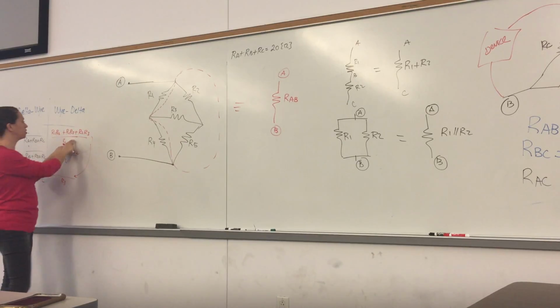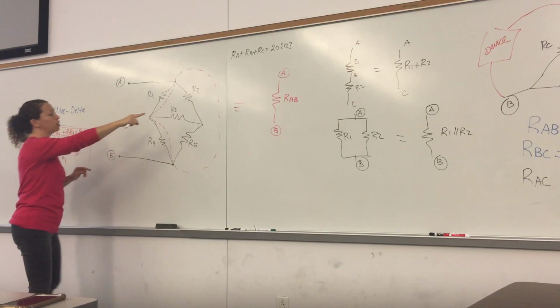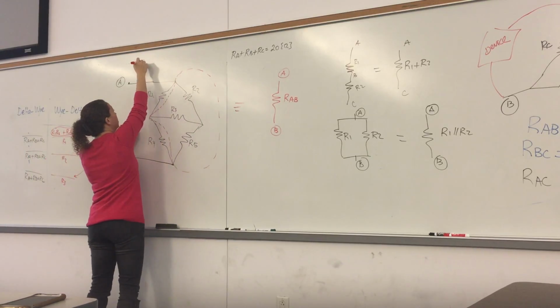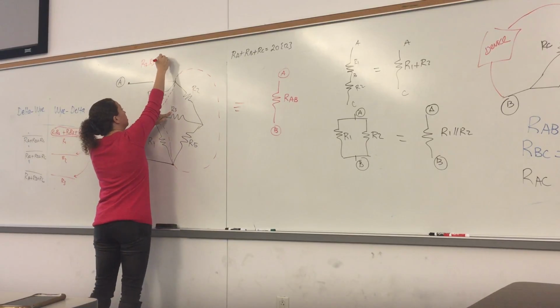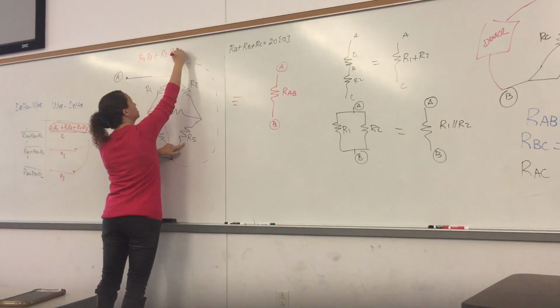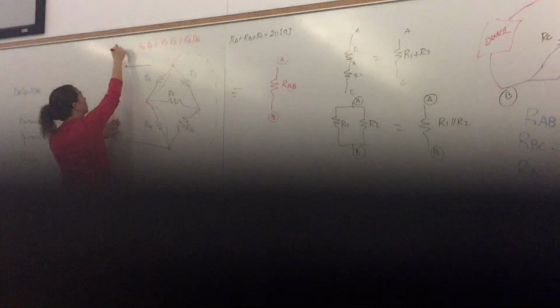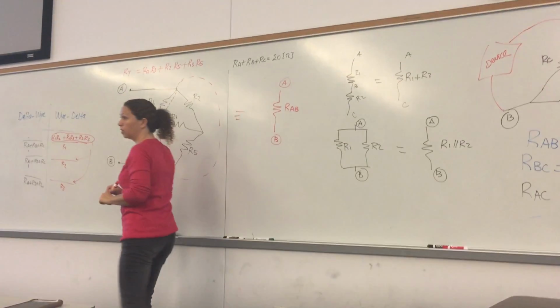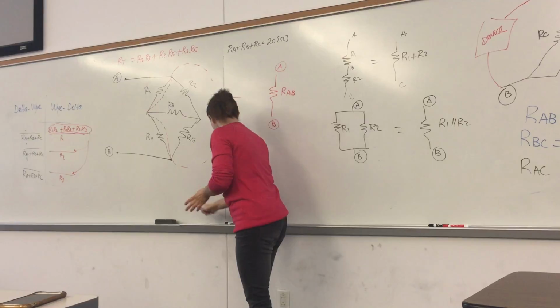You calculate this total resistance, okay? R1 times R2. So in this case, what do we have here? R2 times R3 plus R2 times R5 plus R3 times R5. Let's call this R8. Okay? Or this Y over here. Now,